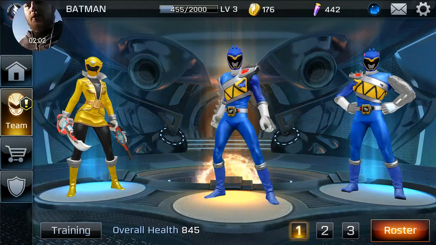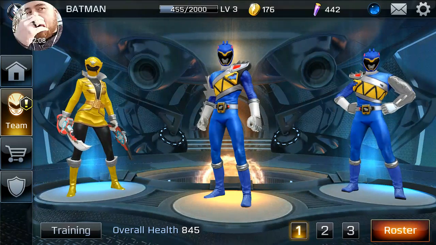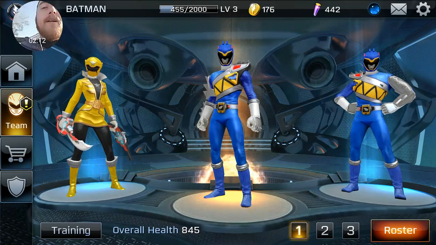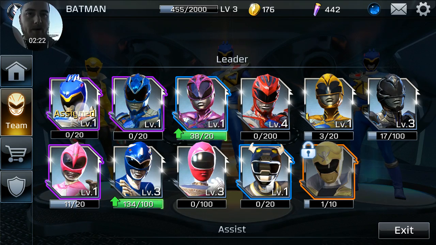So what I'm going to do right now is, through the boxes that I bought today with the shards that I've gotten, I got a lot of good new characters. So let me give you a rundown real quick of everything that I've got. Start with my leaders. Alright, so right now on this group, which is my group 3, I have